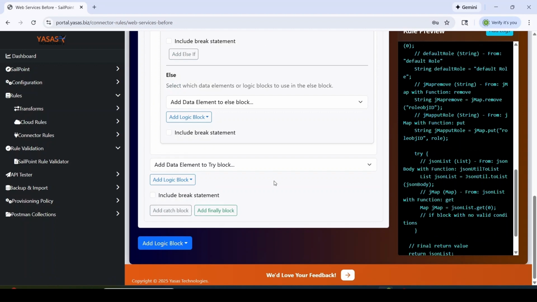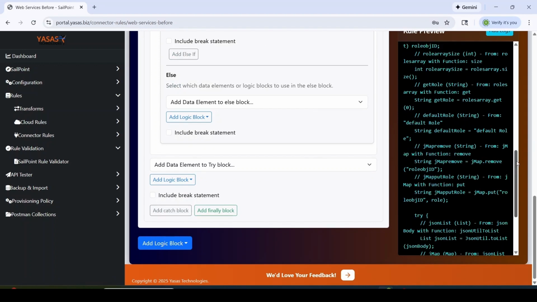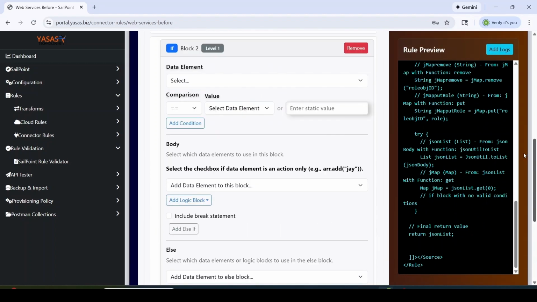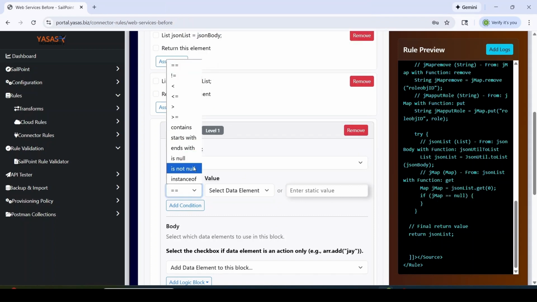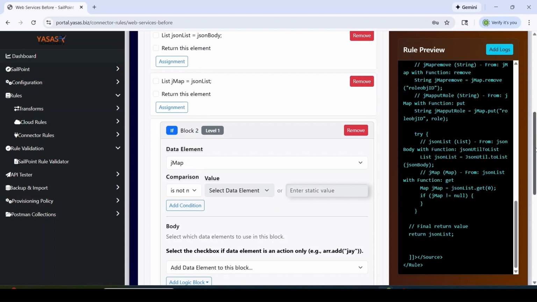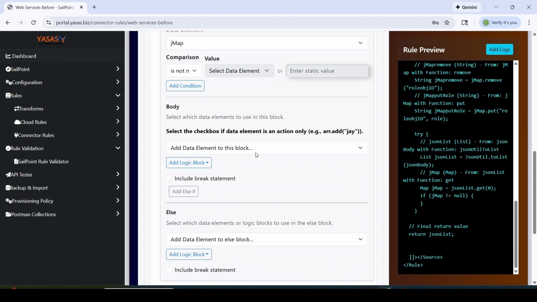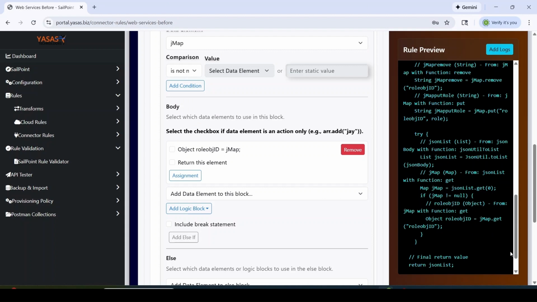So add the condition on the JMap not null, then we are going to proceed further with retrieving the role information. So add our role object ID. This will retrieve our role information, which is the key role object ID from our request information map object. And after that, we will also add our role data element,